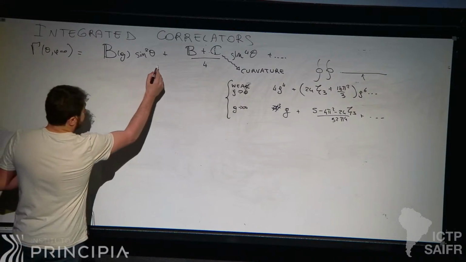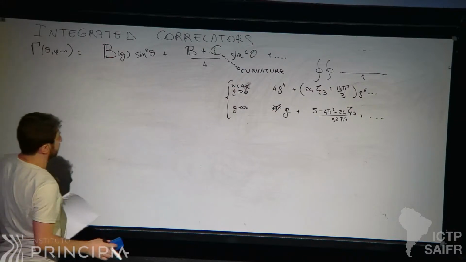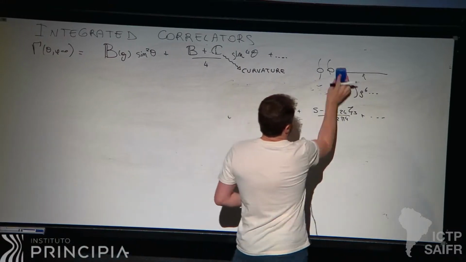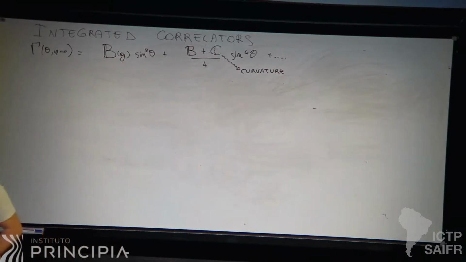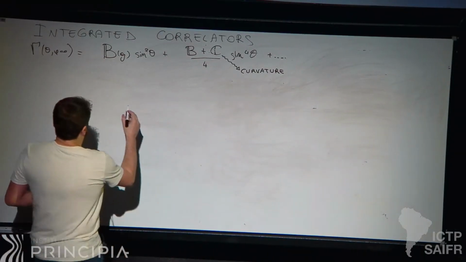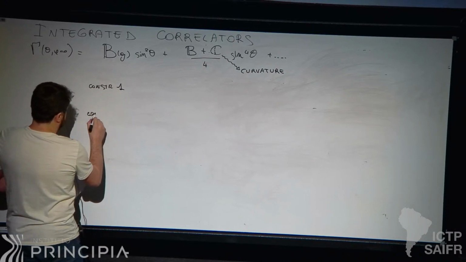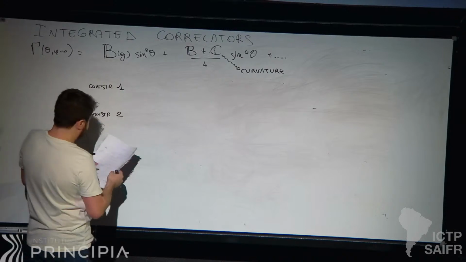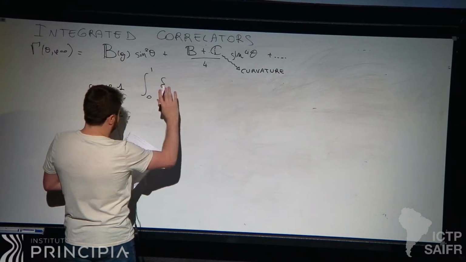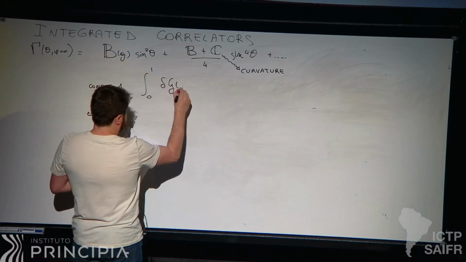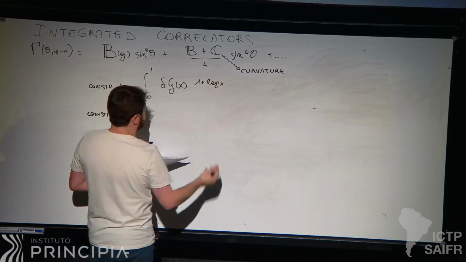Which is the nice stuff? Maybe I want to write it nicely. I'm erasing the expansion because it's not very important. What is the big point here is that we can write two independent constraints. Let me call it constraint 1 and constraint 2. And this is the integral from 0 to 1 of that. I will explain everything that is in this formula, so give me the time to write it. G of x, 1 plus log x,